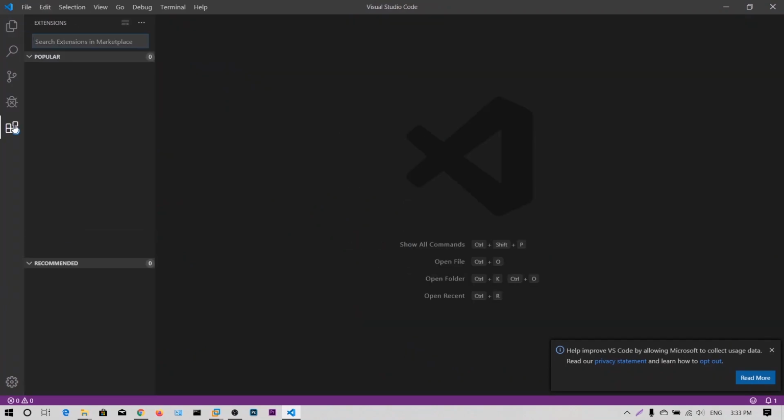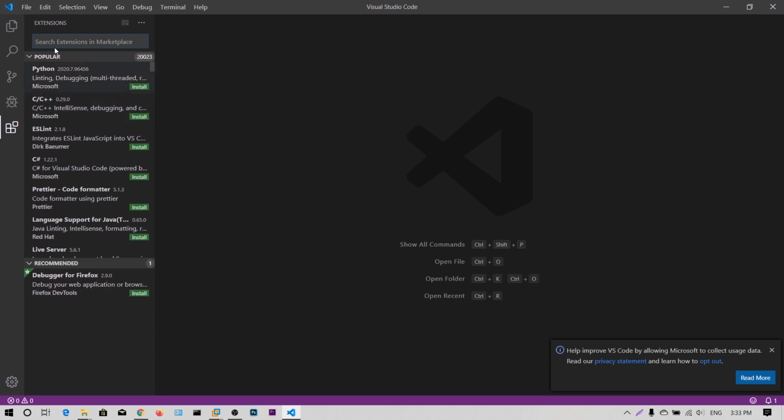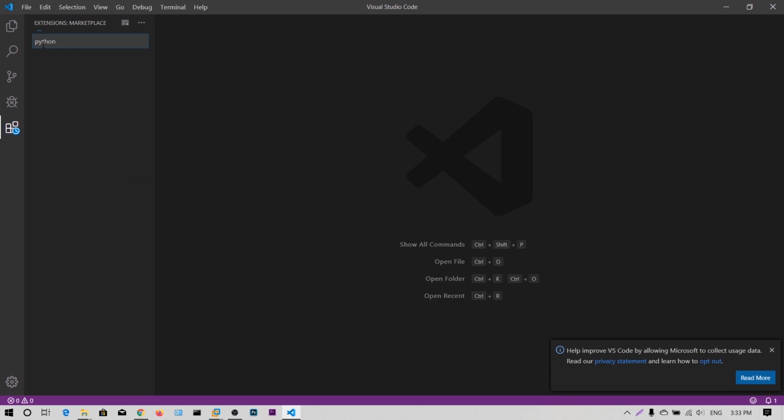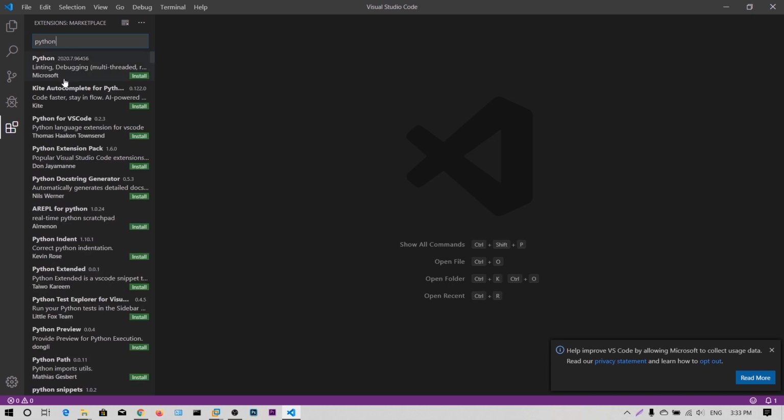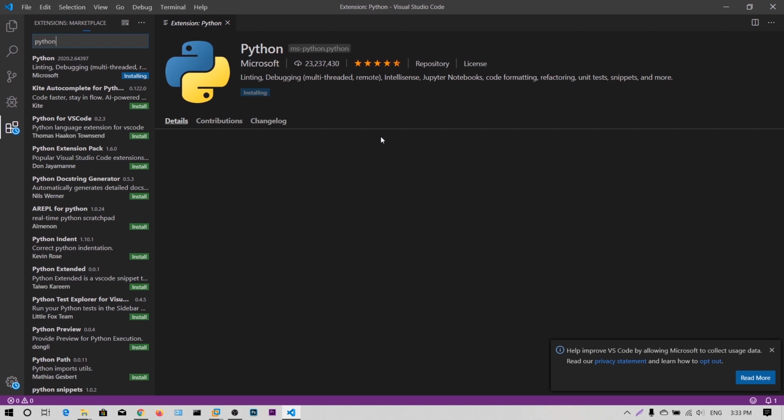Okay, now we want to install the Python extension to give syntax highlighting and to recognize the file as a Python script. Now click on these extensions and search for Python. Now you can see the first one is Python. Click on install.